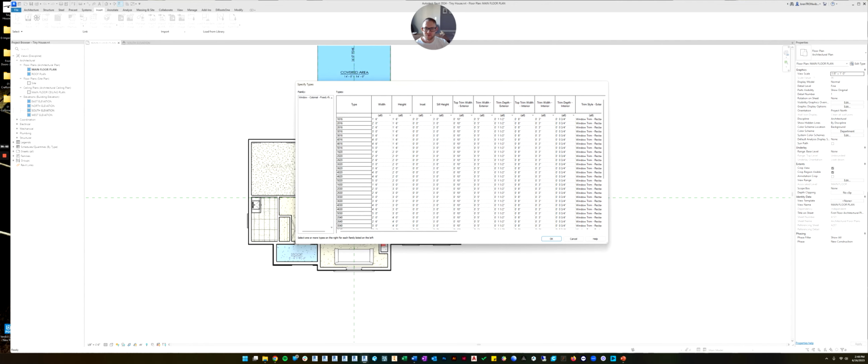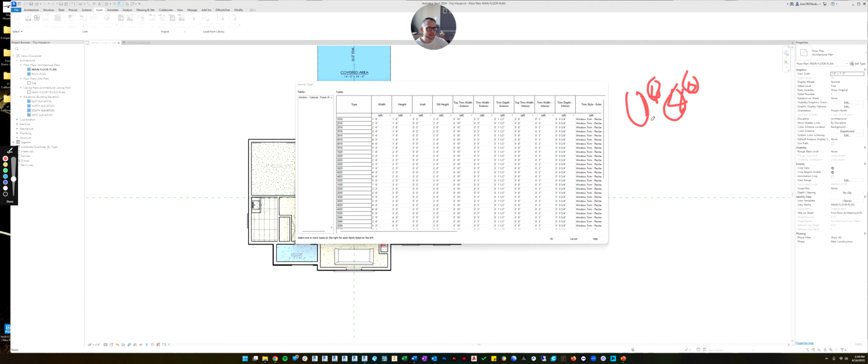So you can see, and I don't know if you're familiar with how windows are labeled in the real world. When you look at a window label in a floor plan, it usually looks like this. So that's a 1640 window. So 1640, this is the feet and this is the inches.